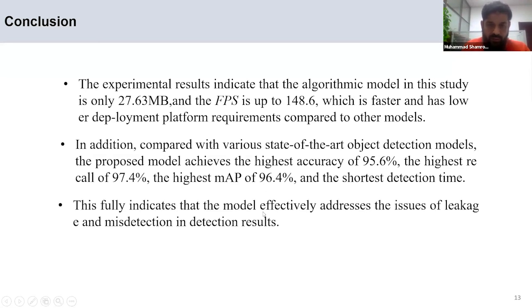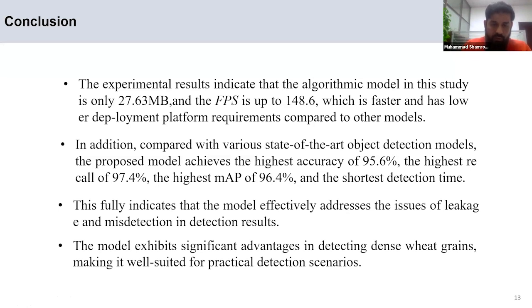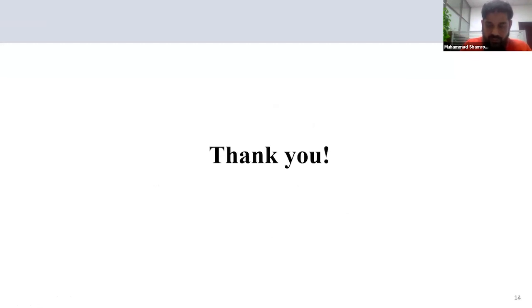Finally, the model efficiency addresses the issues of missed detections in the detection results. Our model also presents an advantage in detecting dense wheat grains, making it well suited for practical detection scenarios. So this is our brief discussion and brief presentation about the